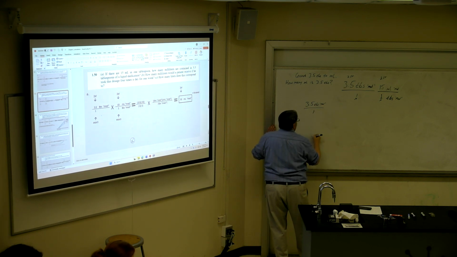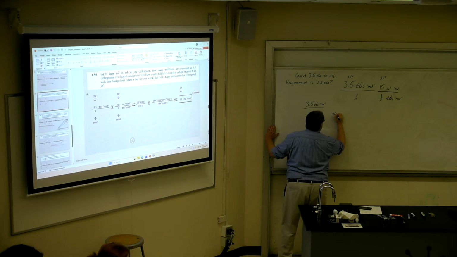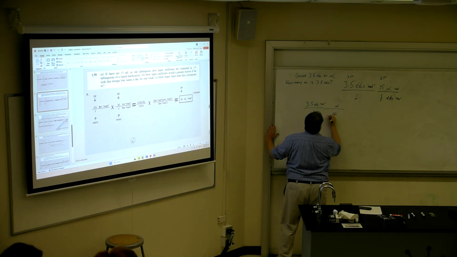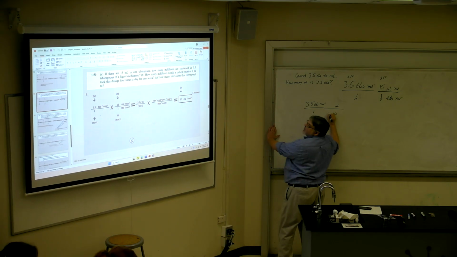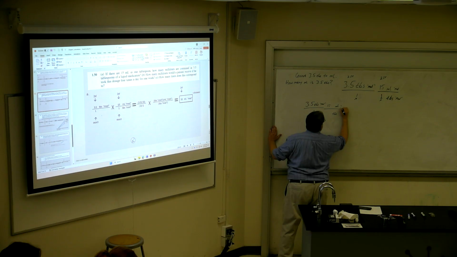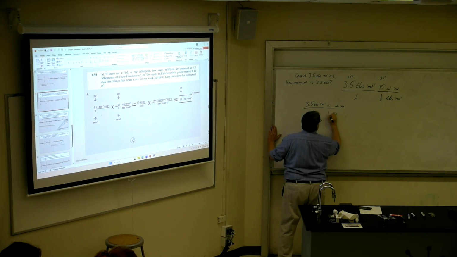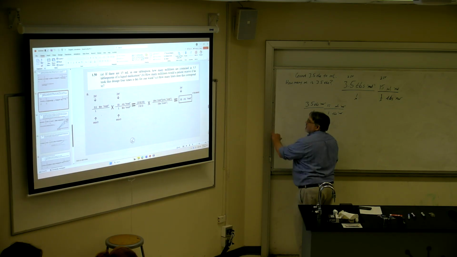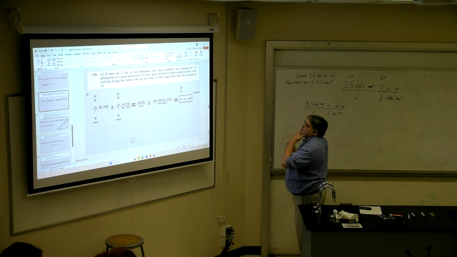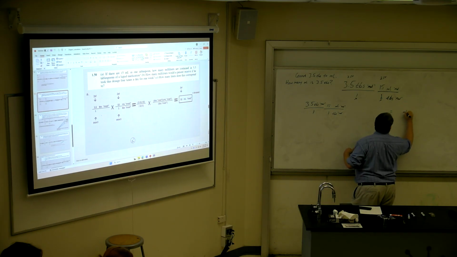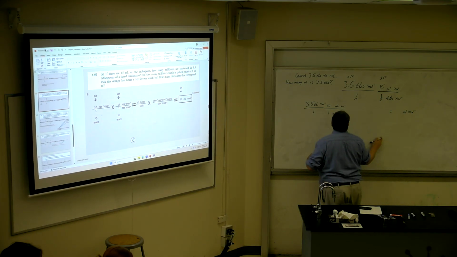You could do it 3.5 tablespoons of this medicine, and then go, I've got to get from tablespoons to milliliters. 15, 1 tablespoon of medicine. How many milliliters? See, my answer is still